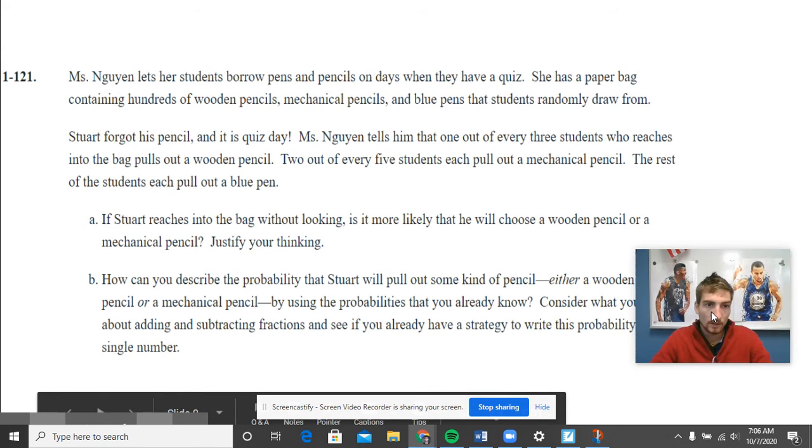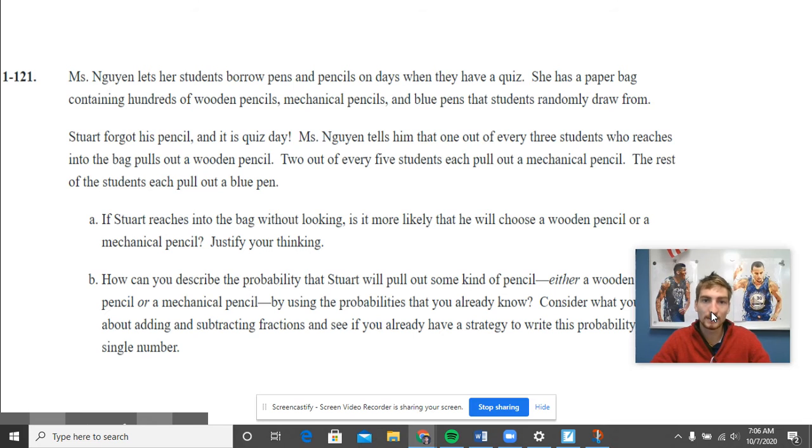So a teacher lets her students borrow pens and pencils on a day when they have a quiz, and she has a paper bag containing hundreds of wooden pencils, mechanical pencils, and blue pens that students randomly draw from. Stuart forgot his pencil, and it's quiz day. Come on, Stuart. So his teacher tells him that 1 out of every 3 students who reaches into the bag